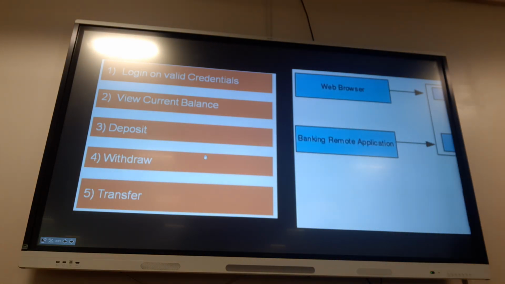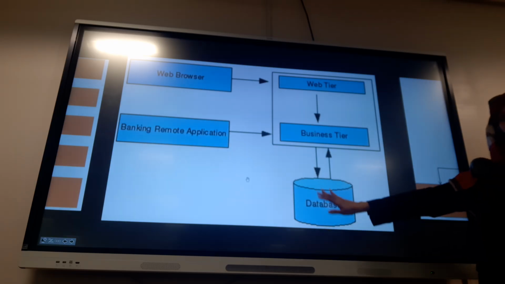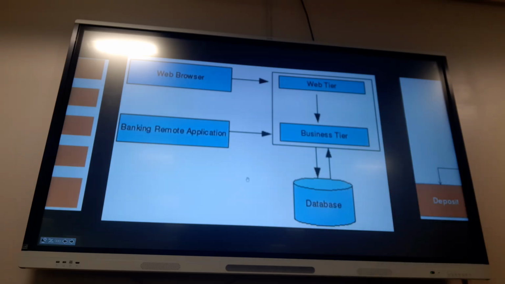Simple, straightforward, right? Now, what can you call each of them? Components. Component, excellent. So I did my job as an engineer. I provided a common architecture, okay, that can help me visualize